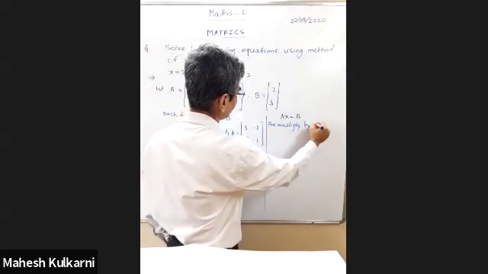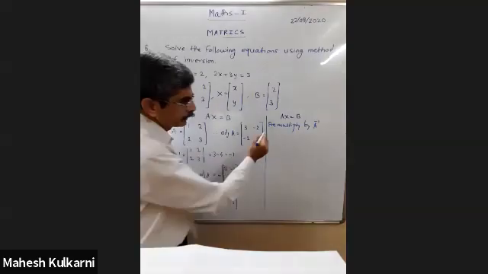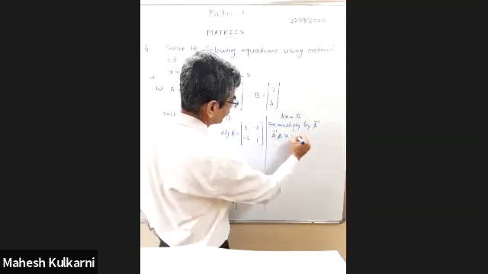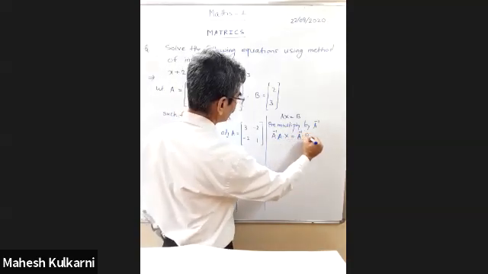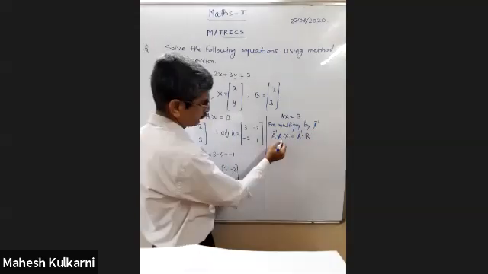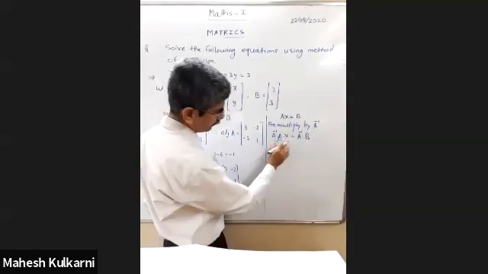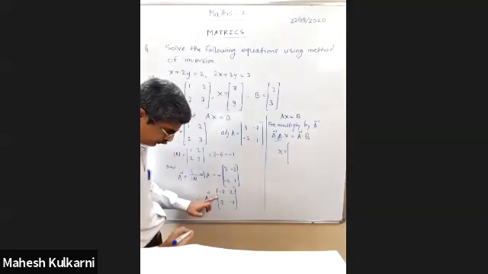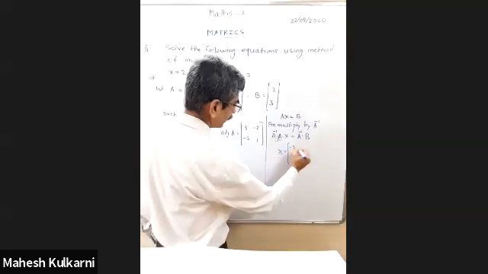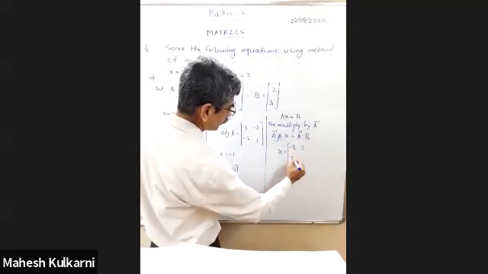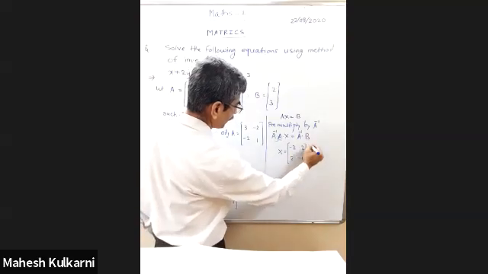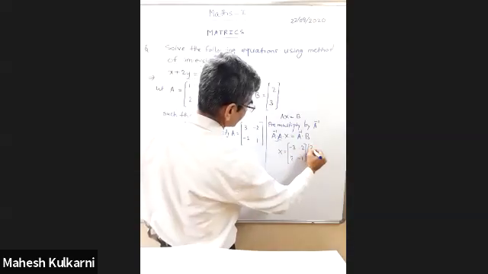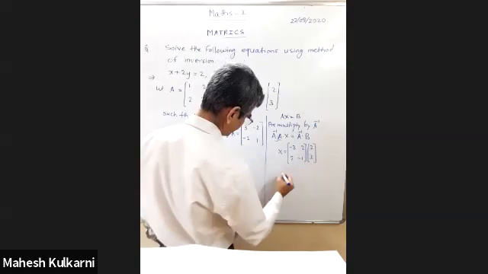Now pre-multiply both sides by A inverse. So A inverse into A into X is equal to A inverse into B. A into A inverse is I, and I into X is X, is equal to. Now write this A inverse, minus 3, 2, 2, minus 1, and see the matrix 3, which is the column matrix, that is, the matrix of constant terms in the equation. And the next step is the multiplication.